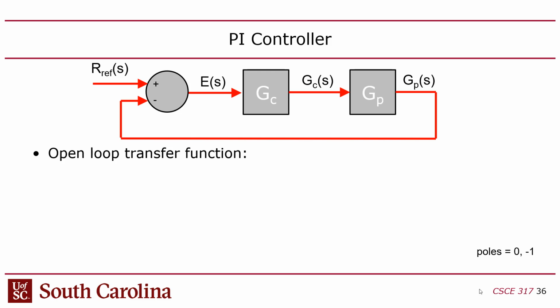The idea is that you have an error, and the idea of having the derivative term in there is that as you start getting closer to the set point, you want to slow down if you're approaching the set point too fast, or if you're diverging from the set point too fast, you want to kick it into even higher gear to get it back, right? That's kind of the idea of the